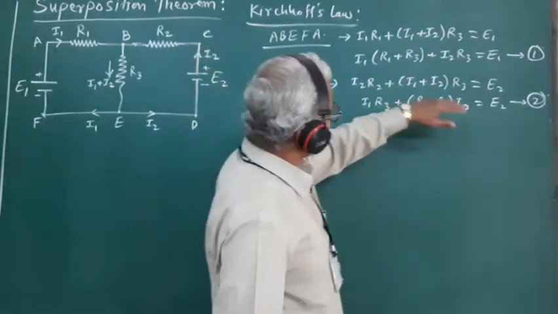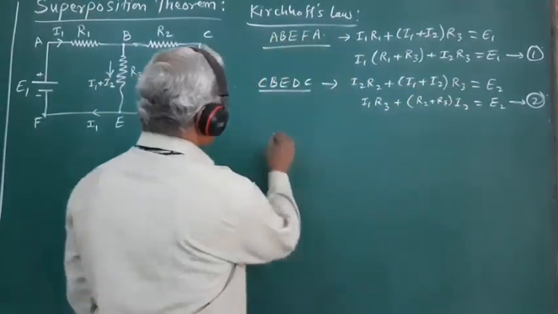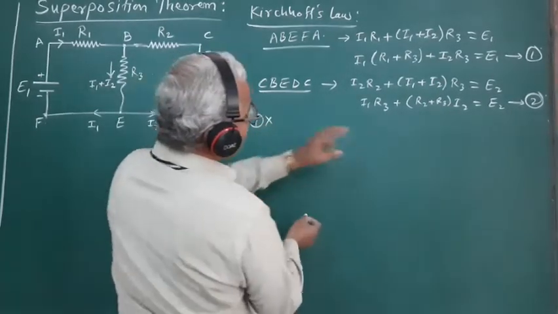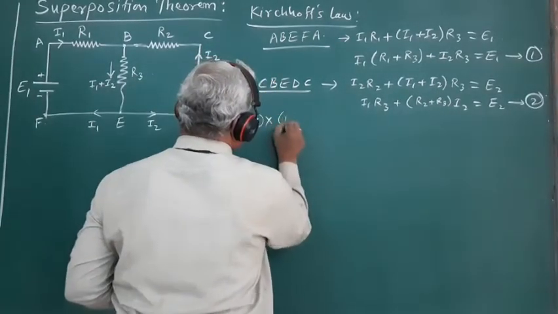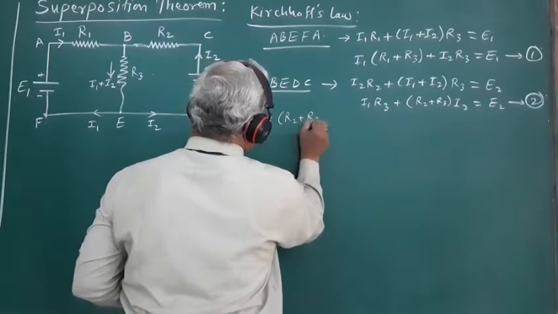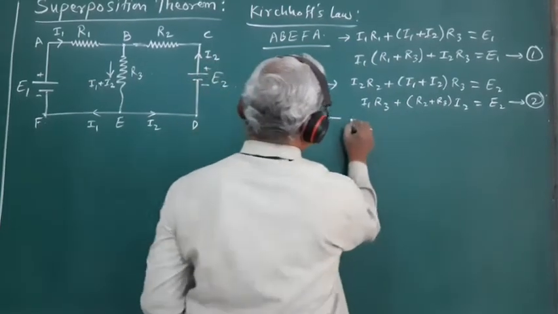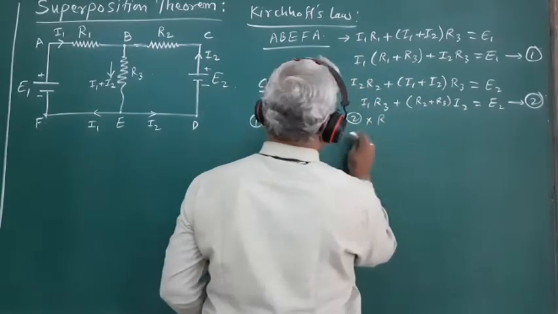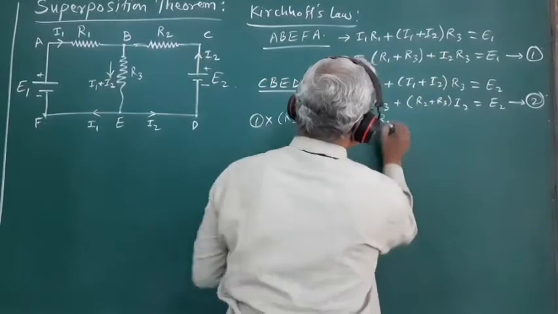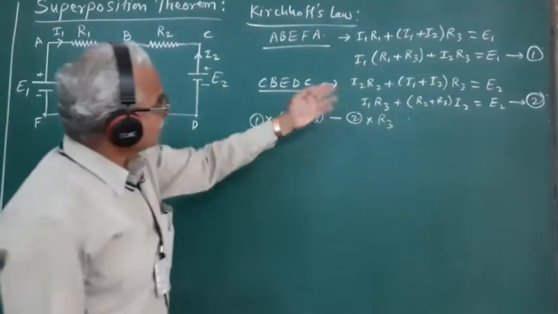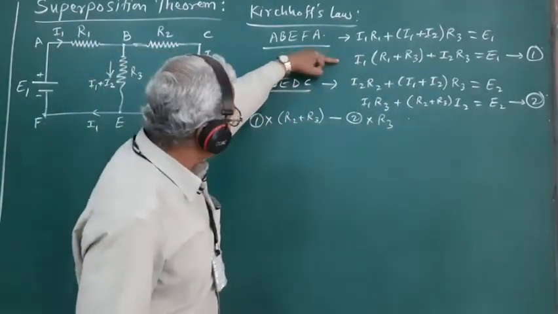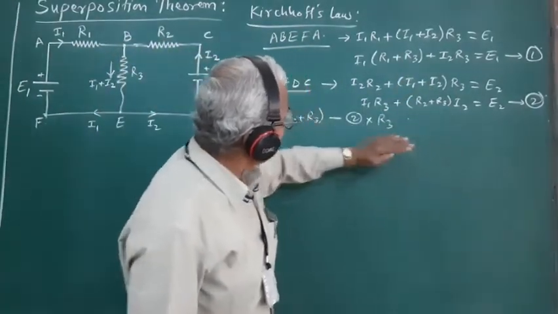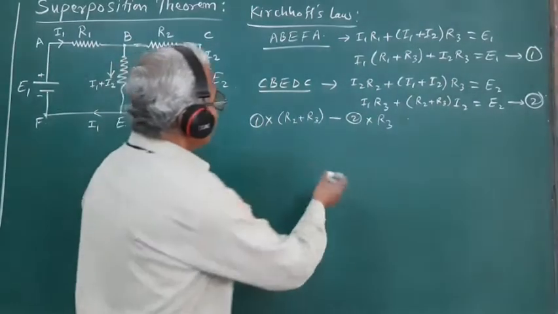To eliminate I2, we have to multiply equation 1 by (R2 plus R3) and equation 2 by R3 and take the subtraction. We shall get